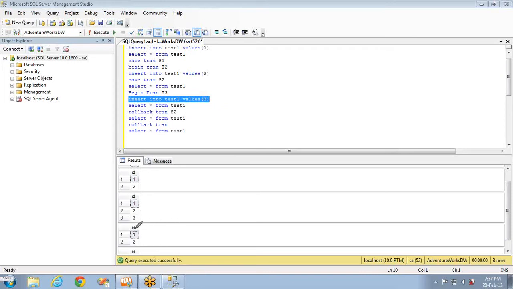You can see it has reverted, or it has rolled back to the save point 2. That means the changes that has been done from the save point 2 to the place where we are rolling back is reverted. You can see there is no ID 3. And in the same way, I'm rolling back the complete transaction. That means everything will be gone and everything will be reverted, and the final select statement is not returning any data. So this is how the save transactions can be used to revert back or to roll back a part of the transaction functionality instead of going completely.